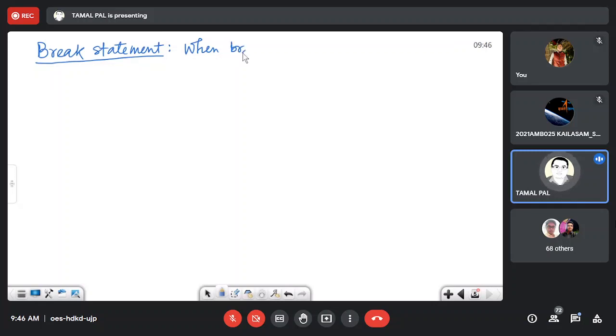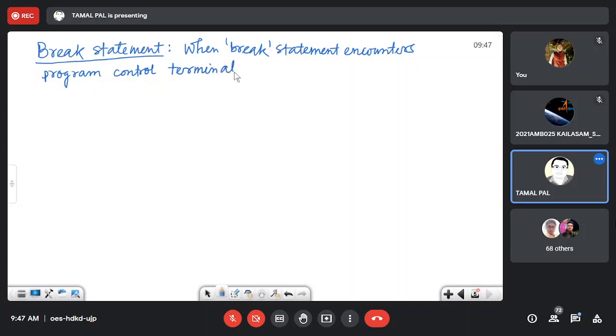When break statement encounters, program control terminates the loop.